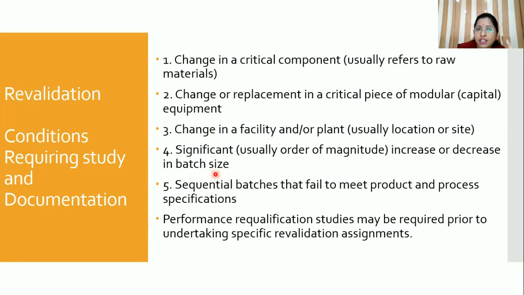Okay. So why it requires that any type of changes would be there. It is not that if the equipment changes, we will again start with the prospective process validation. That time we can go for the revalidation. And even when we have a different batch size, as the batch started and we are getting different results with a different batch, that time also we can go for the revalidation.